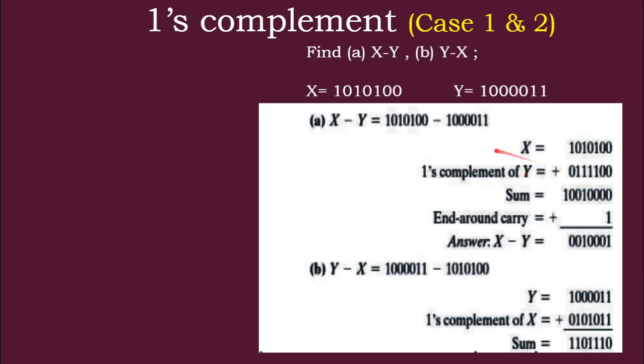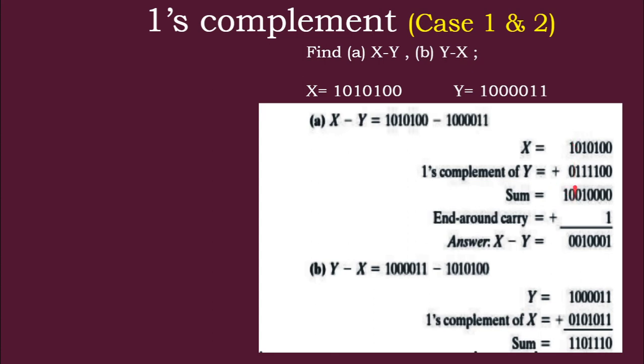So now convert. How to find the ones complement? Change all zeros to 1 and all ones to 0. So for this value, we get 0 1 1 1 1 0 0. That is the complement of the y value. Then we have to add these values. So 0 plus 0 is 0, 0 plus 0 is 0, 1 plus 1 is 0 with carry 1, which is forwarded. So 1 plus 1 is 0, and then the carry 1 is forwarded here. So 1 plus 1 plus 1 is 1 1, so 1 is put and 1 is carried forward, and this 1 plus 1 is 0 with carry 1, and that 1 plus 1 is 0 and the carry 1.